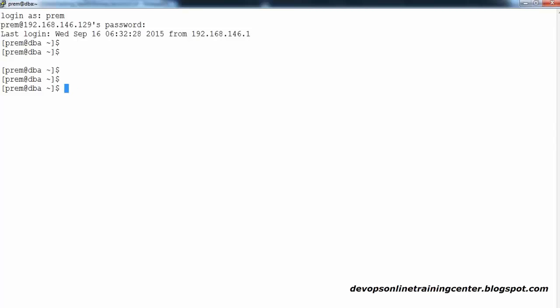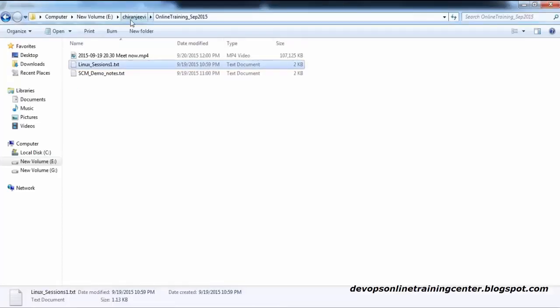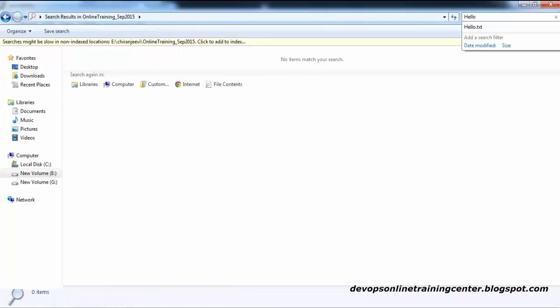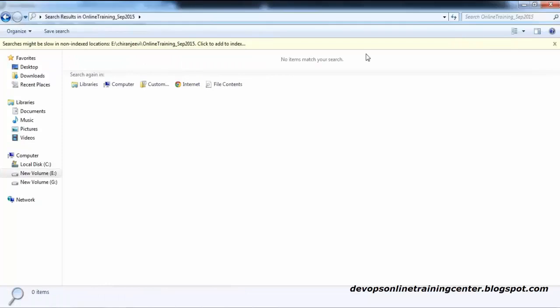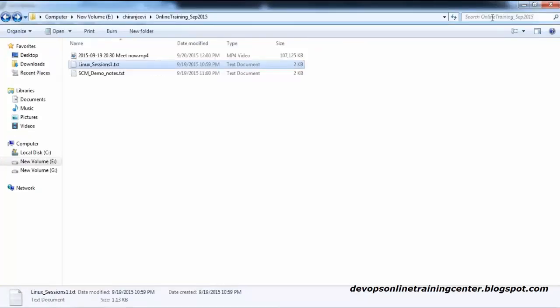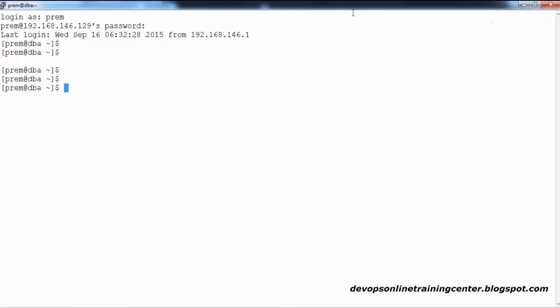Whatever you search in Windows, right? Suppose you go to Windows anywhere, like generally you go here and search for some file or directory, whatever. You type some character over there, a string, and it searches for the files if it is there. Okay. So can you tell me one thing? Is it a file pattern search or is it a content search? Can anyone reply? Is it a file search or a content search?